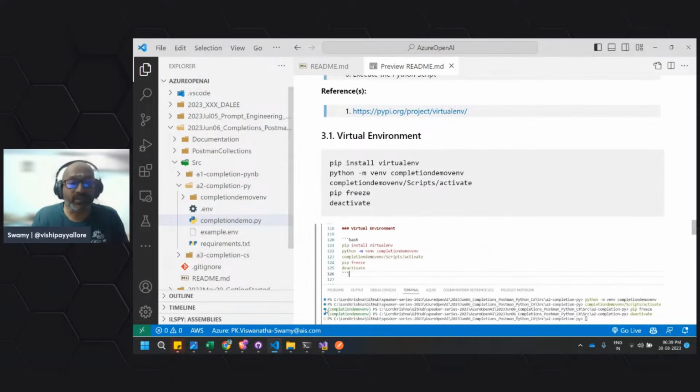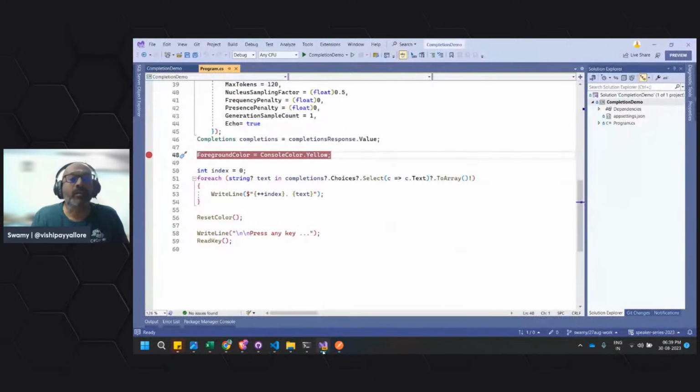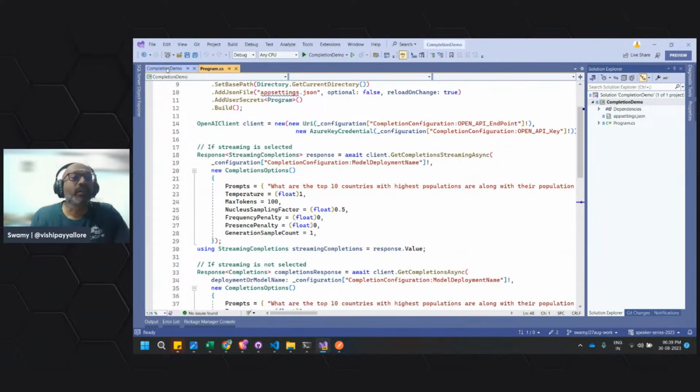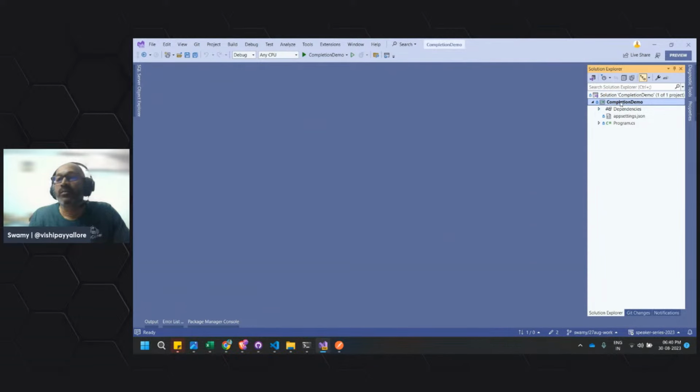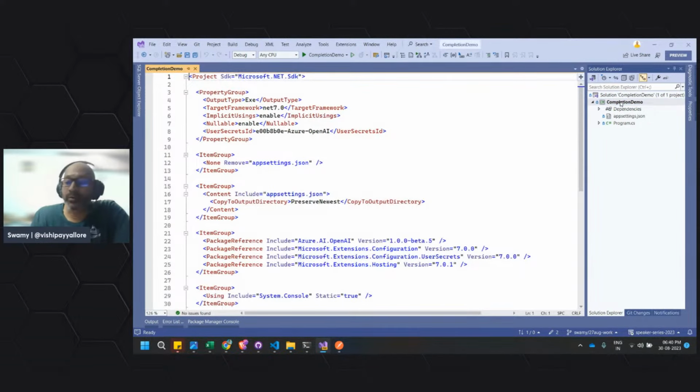That we will see in the C# code. So here, a couple of things. From the dependency perspective, this is a simple console application, .NET 7. We can make it into .NET 8 also. That's not a big problem.